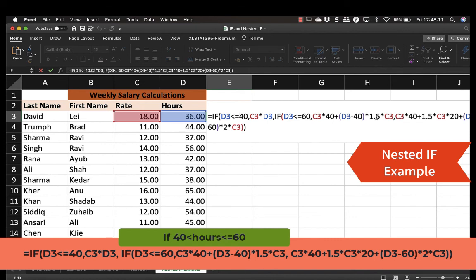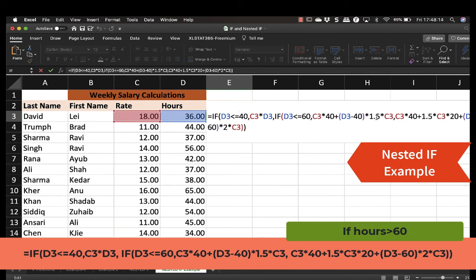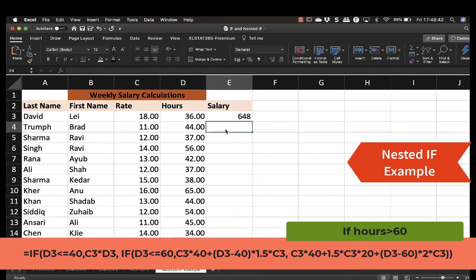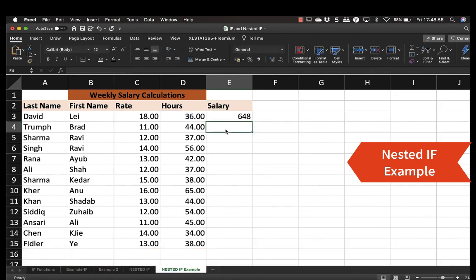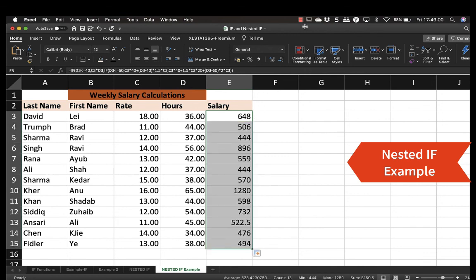If he worked over 60 hours, I should pay him 1.5 times for the hours between 40 and 60, but I will pay him 2 times the rate for the hours he worked over 60. So this is my answer for the same. So I click here and double click, and I get the answer.